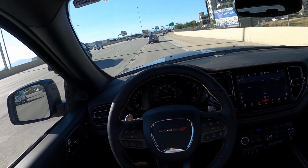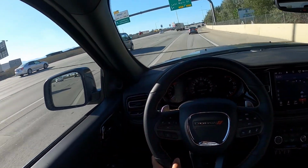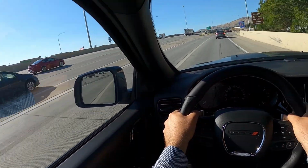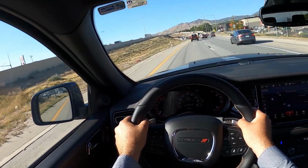But yeah, seriously, it drives well, and it sounds great. It's such a beautiful sound. I mean, this is ultimately a mom car, right? It's a 3-row family SUV. And it sounds like a muscle car because it's got a muscle car engine. And this really is just the